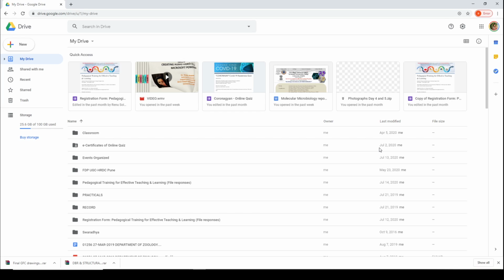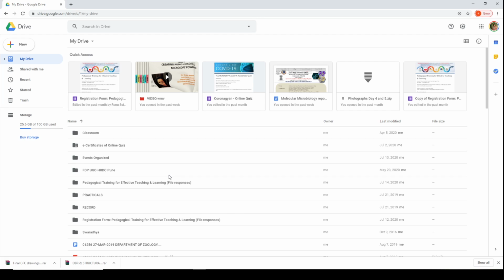Now what is drive? Drive is a space that comes along with a Google account which provides you extra storage of 15 GB with you. So you have 15 gigabytes of space with you where you can store your content. So this serves like your file that you can carry at any time. So we carry our mobiles with us, we have our Gmail accounts with us.